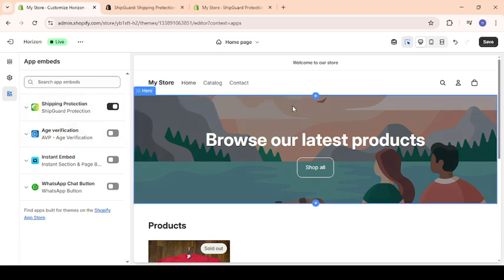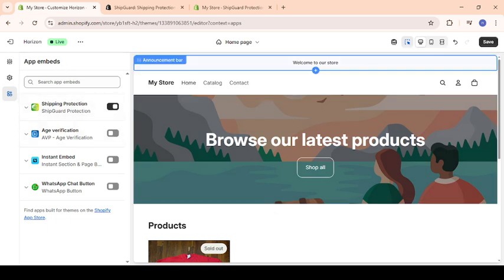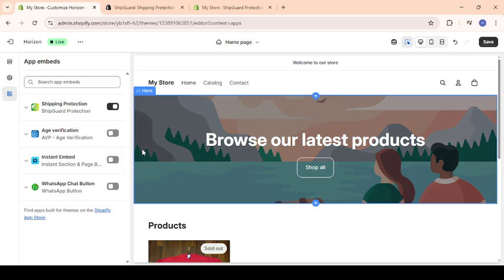And there you have it, a fully integrated ShipGuard shipping protection app right on your Shopify store. By following these simple steps, you have successfully added an extra layer of security for your shipments, providing peace of mind for both you